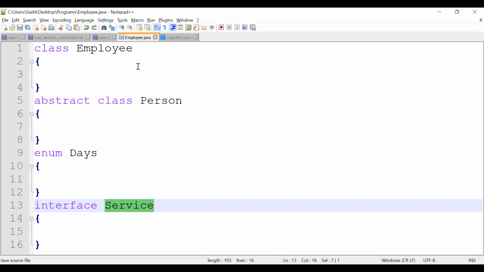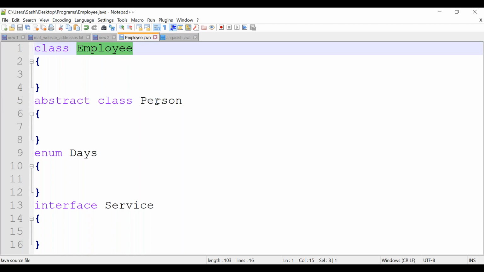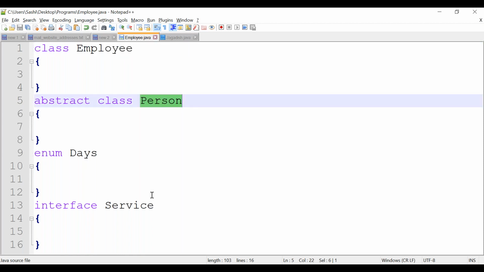The Employee.java file had different members: a class, an abstract class, an enum, and an interface. All are part of the Employee.java file. So when we are compiling, not only for the class but also for all these members, .class files are created. Just we are trying to understand.